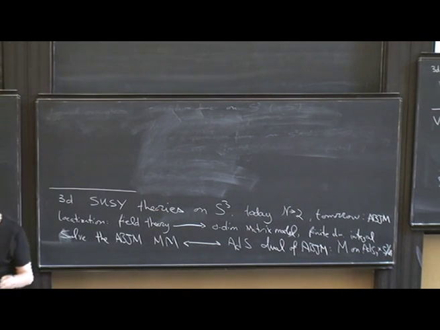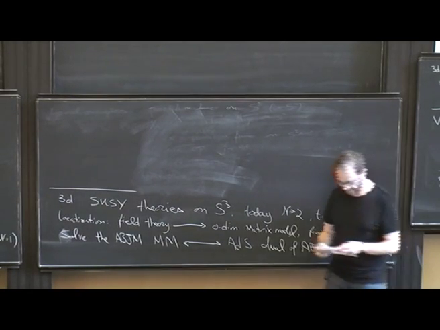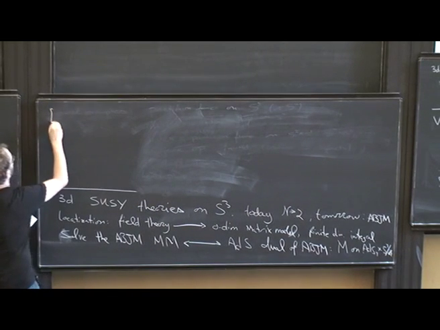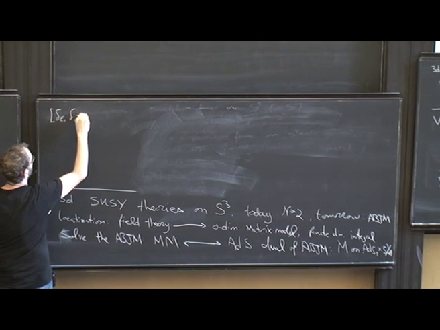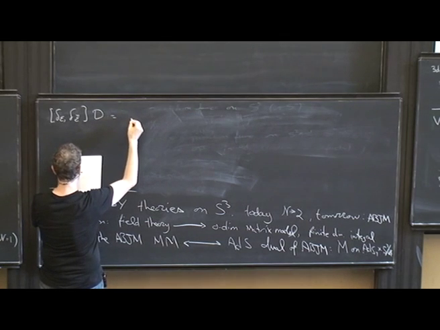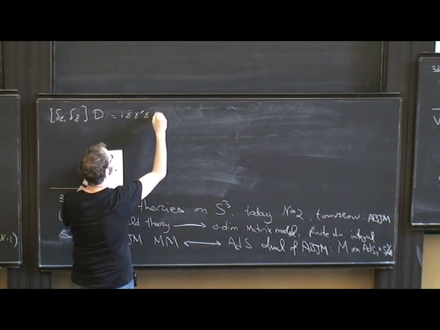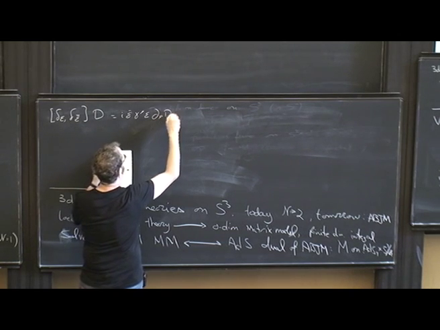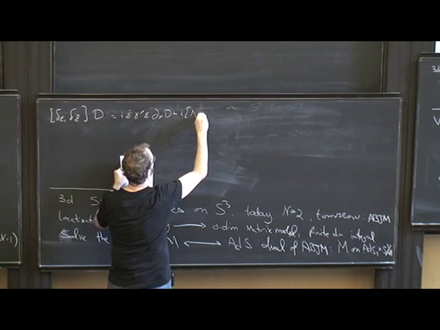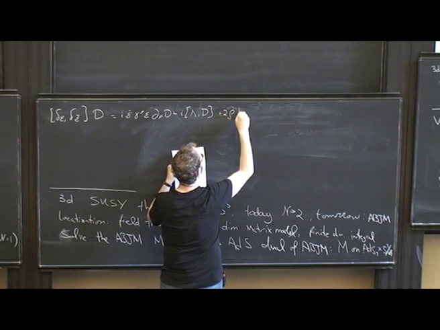So you actually need to check this kind of double transformation, and for the most part it works. But then if you calculate delta epsilon bar, the commutator of these two, acting on D, what you get is i epsilon bar gamma mu epsilon times D plus i lambda comma D plus 2 rho D